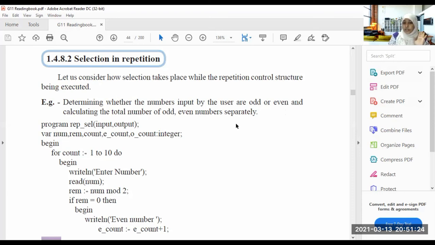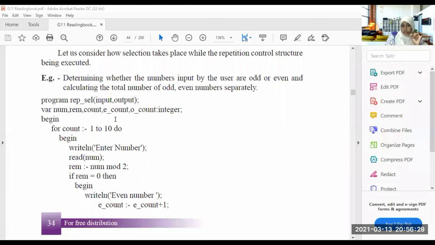Okay, separately it will be added, total calculation. Program rep_sel. Input, output. There are variables like num, rem, count, ecount, ocount. They are integers. You should understand these variables first.